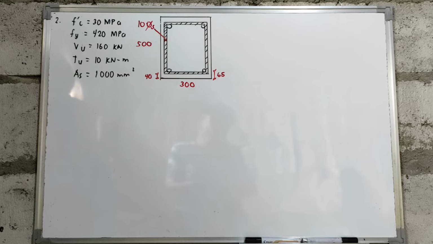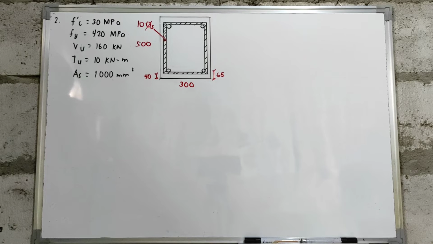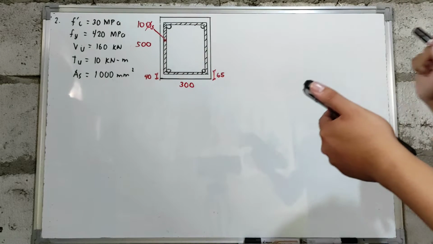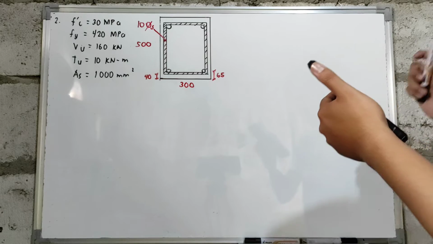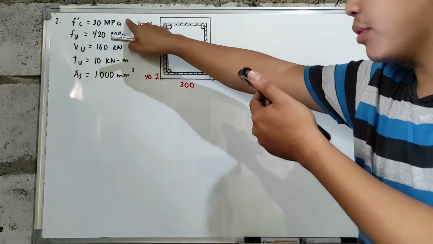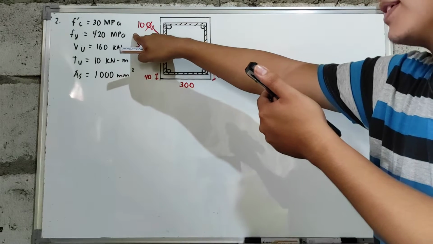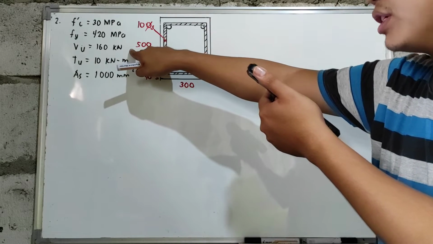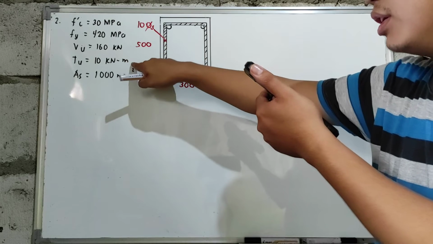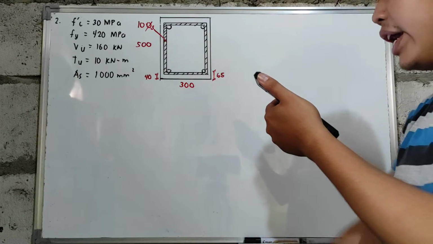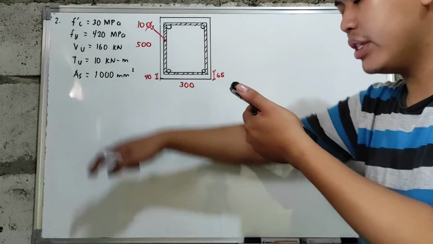So let us now discuss problem number 2. Design the torsional reinforcement for the rectangular section shown in the figure. So, didesign natin yung reinforcement ng beam natin given, which has a value of f'c which is equal to 30 megapascal, fy which is equal to 420 megapascal, the value of your Vu which is equal to 160 kilonewton, the value of Tu which is equal to 10 kilonewton meter, and the area of our steel bars is equal to